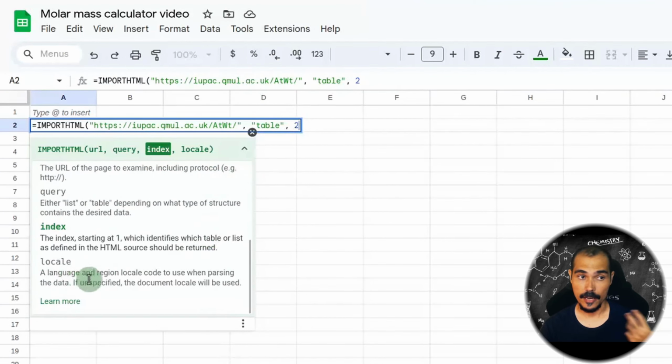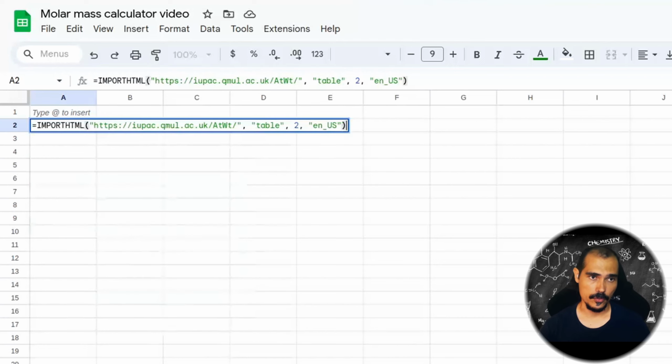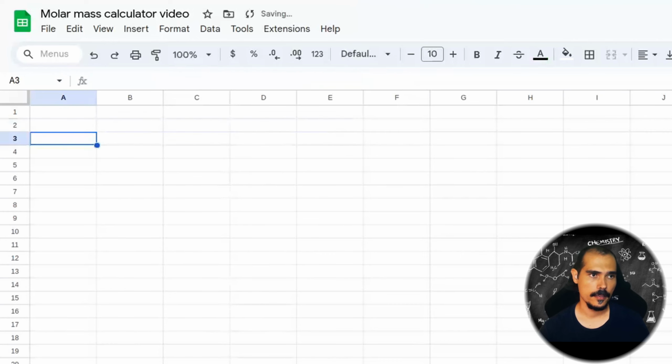Locale is the language and region locale code to use when parsing the data. In this case, the website is an English one, so I'm going to put here EN_US to make it clear that I want to use English from United States. So I'm going to close the parentheses, and